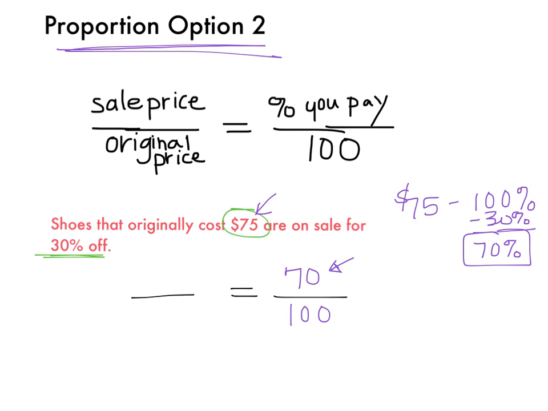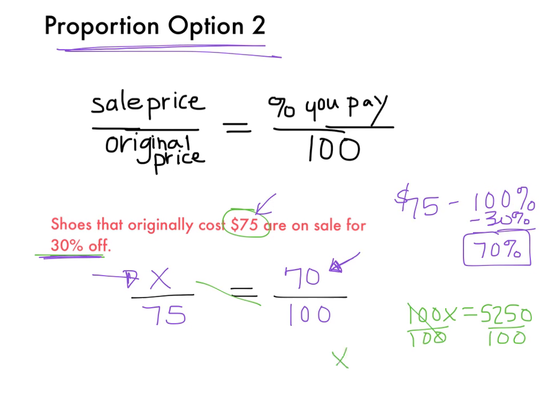Now this is the part I'm paying of the shoes. So instead of putting the discount there, I'm putting the actual percent I pay. I'm not paying 100%, I'm only paying 70% because I got 30% off. And then I'm going to put X over my original cost was 75. Okay, now since this is the percent I pay, this is going to be the new amount I pay. So if I cross multiply, I'll do 100 times X, which is 100X, and then 70 times 75. I end up with 52.50. Then divide by 100, divide by 100, and my final answer is